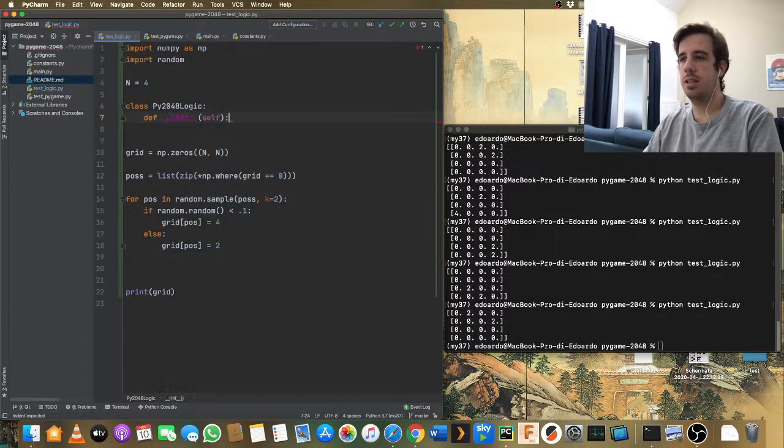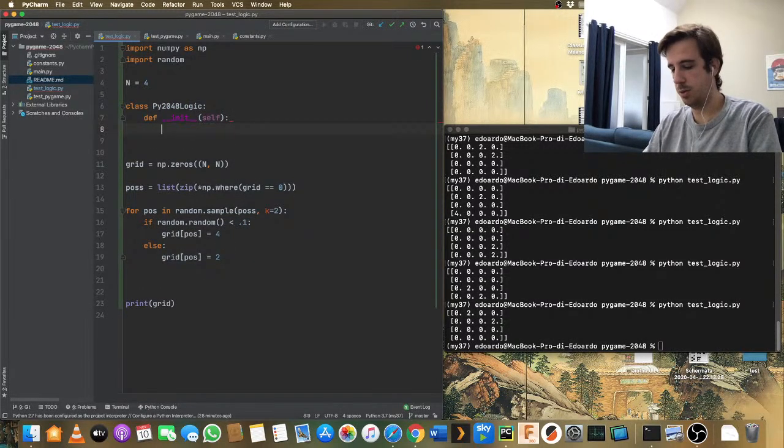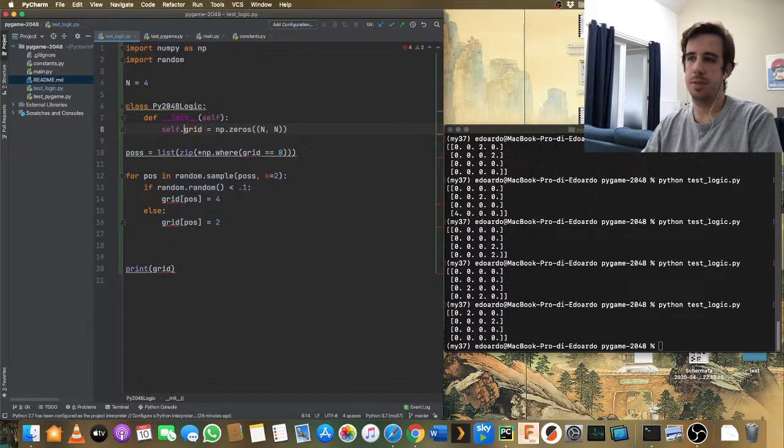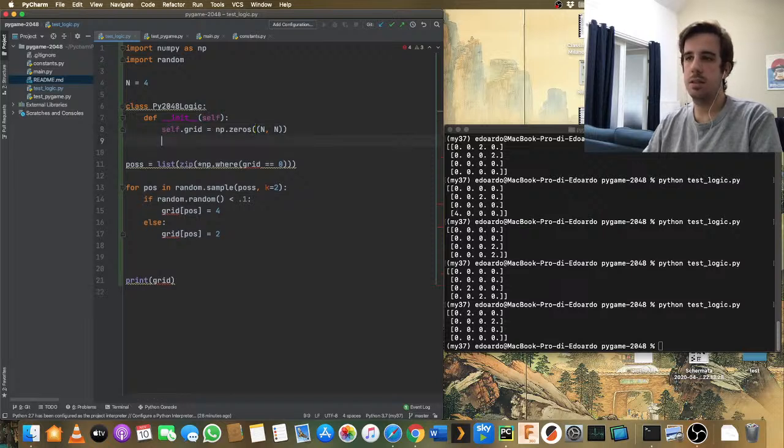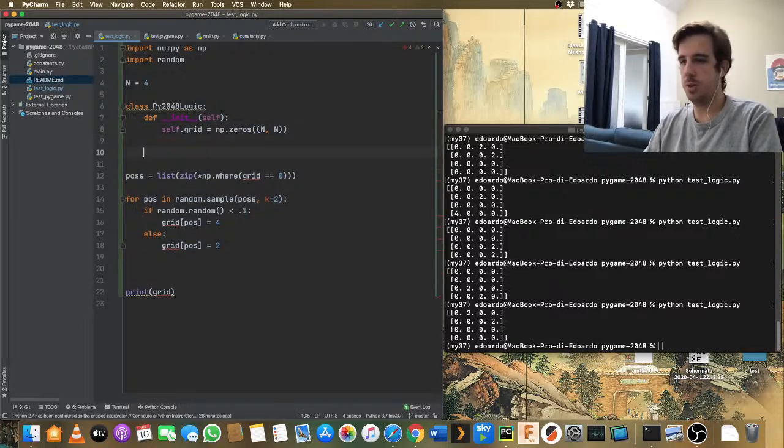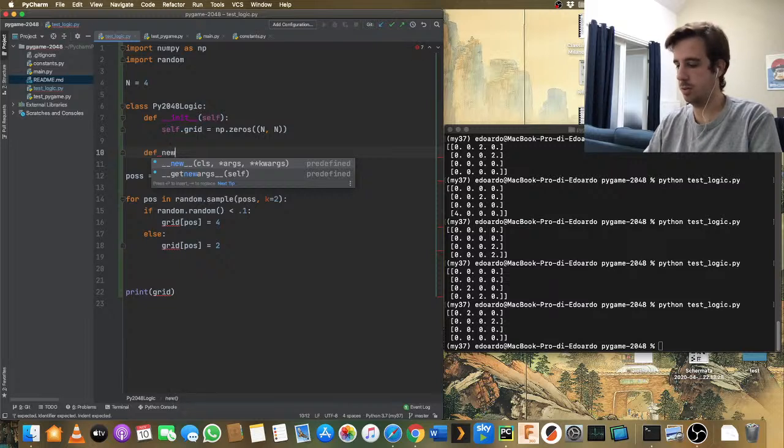Then in the init, we do self dot grid is the grid. We initialize the grid, and then we define a method, not a function, a method,